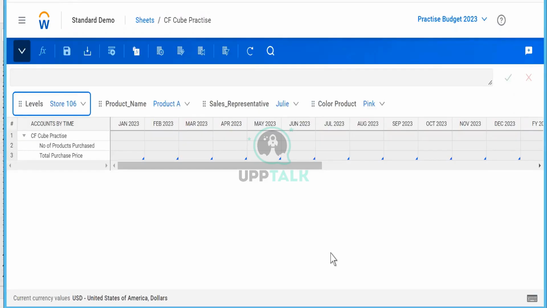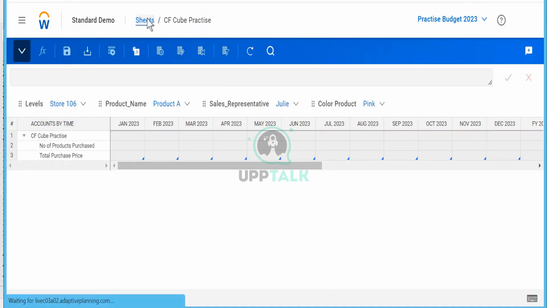This is the reason why I wanted you to focus on how to build a standard sheet first, a cube sheet first, and then it will be very easy to understand the difference between a cube and a model sheet. The most important difference between a cube and a model is the number of dimensions that you can have. The date column is also important because you require it in many things.